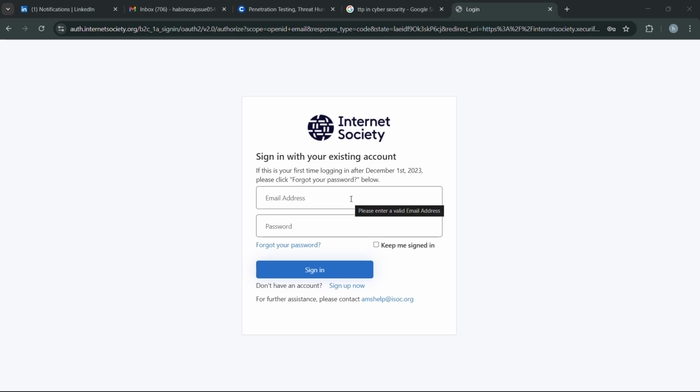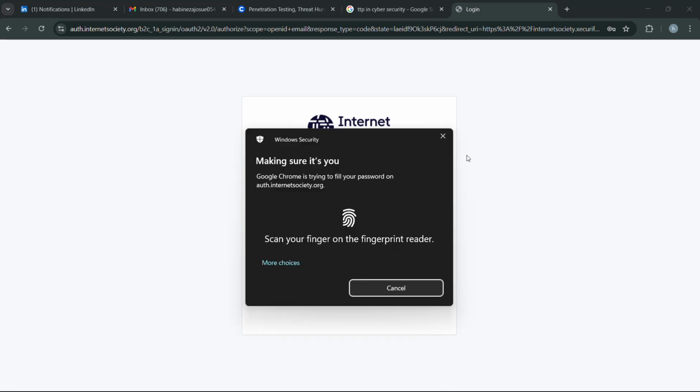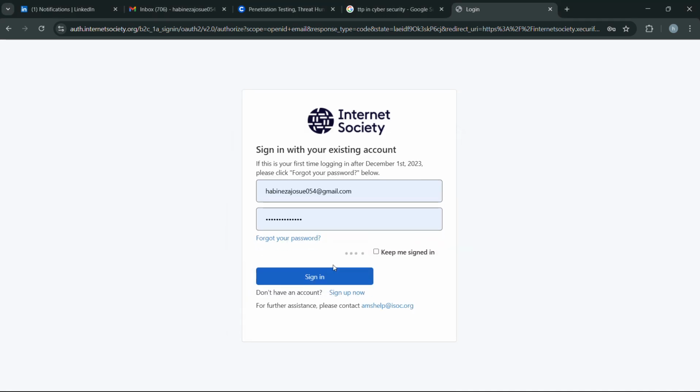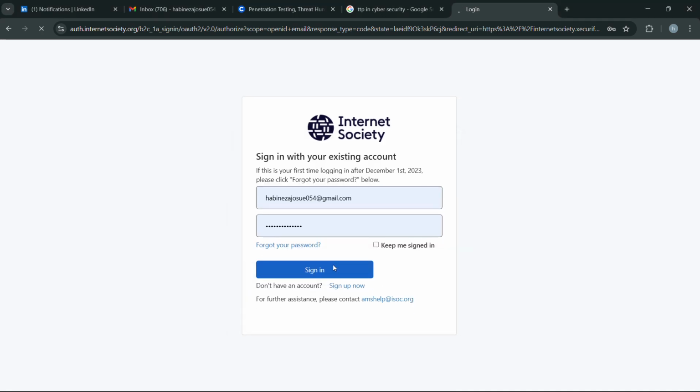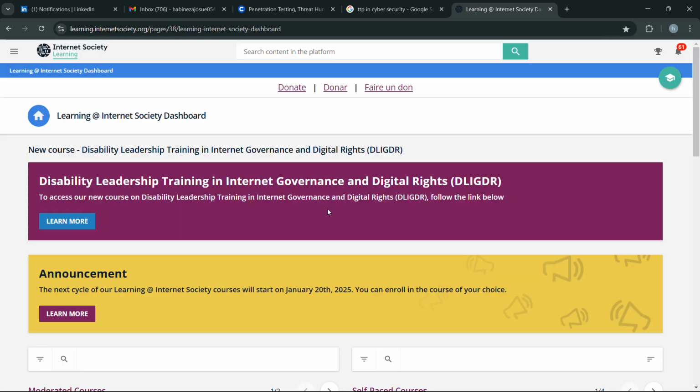The thing you need to do, you have to log in, okay, using your credentials. You have to put your email and password, and then click sign in. So let's wait to be logged in. Okay, so you can click here remind me later, and by logging in you're going to be directed on this